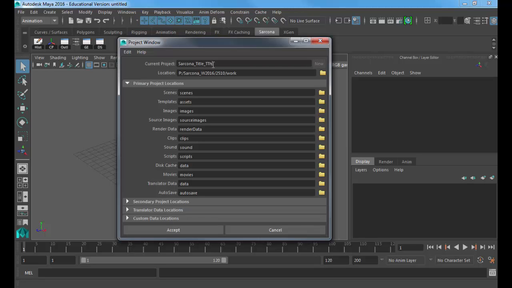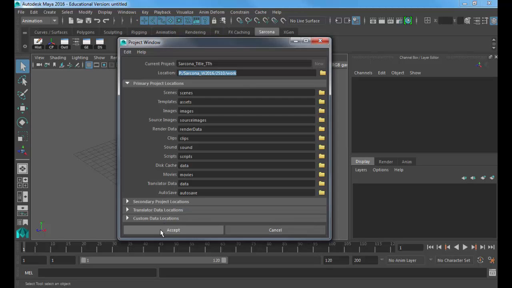Every day after that, when you're working on a project you've already created, set your project. File, set project, click on it, okay? So it's just that same thing over and over and over again. This will eventually become second nature. So File, Project Window, give it a new name, make sure it's in your work folder, and then we would